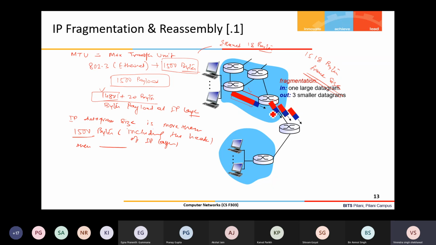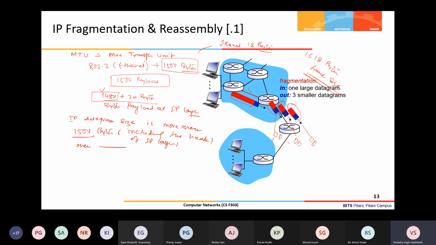So maybe this individual datagram is divided into three. Now, further on this link, if the MTU is lesser than what this link has, then every individual datagram may be further divided. This can be divided into two, this can be divided into two.